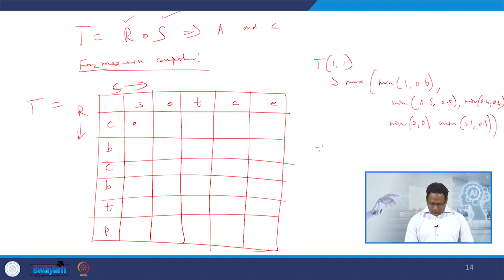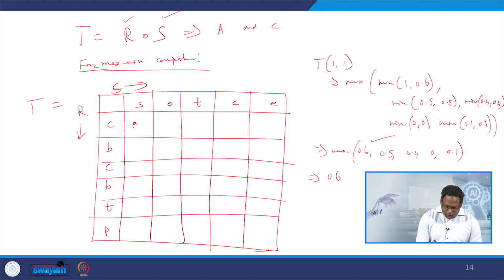Okay. So, that leads to maximum of 0.6, 0.5, 0.4, 0 and 0.1, which is nothing. What is the maximum? 0.6. So, the first entry of this T matrix is going to be 0.6. Likewise, we can fill this table of T matrix, which is going to be 0.6, 0.9, 0.4, 0 and 0.2,